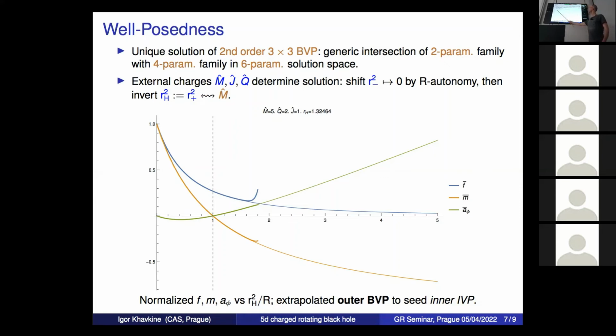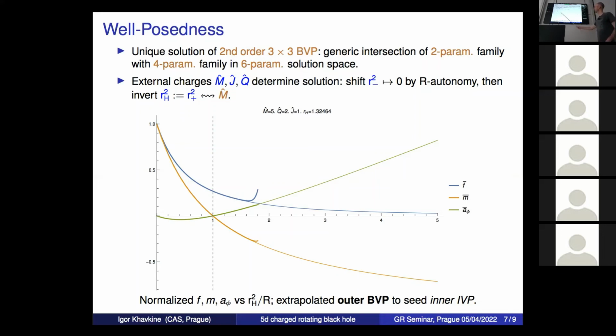So you have some approximate expression or polynomial approximation in this interval. You can of course extend past the horizon, because now the solution is not singular at either the horizon or at infinity. And if you extend it past the horizon, you can use the extension to seed a normal ODE solver to solve the